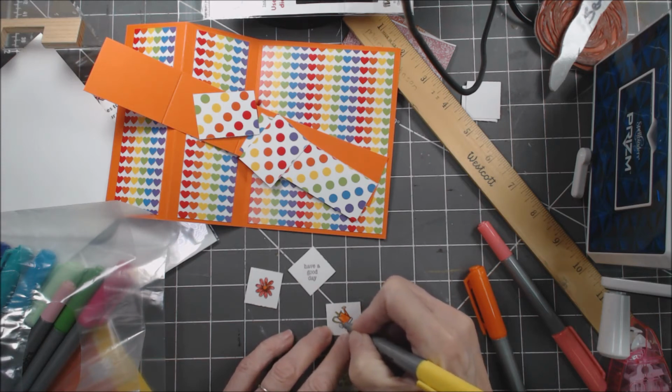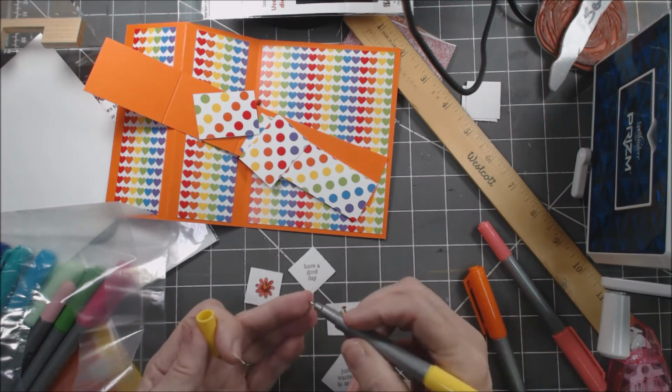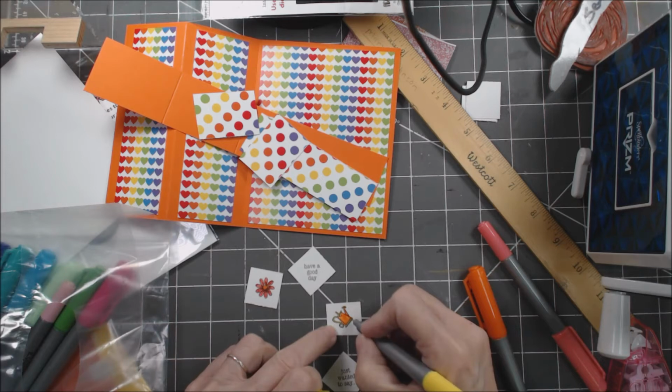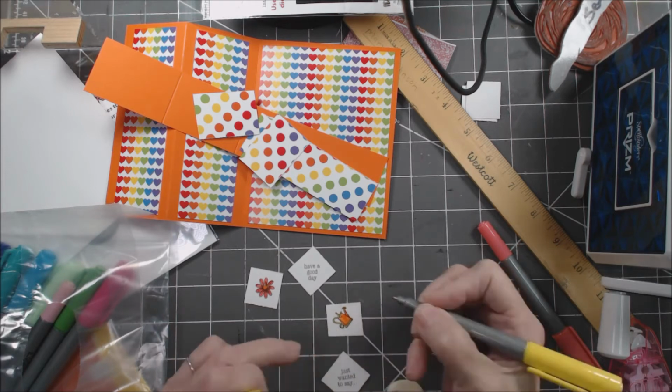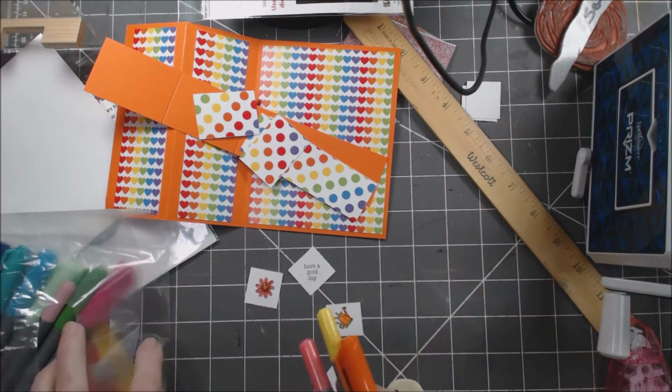It looks almost green. Okay, I'm good with that, no problem. That does not look like a yellow, does it? Alright, so we've got those pieces colored, and then what we need